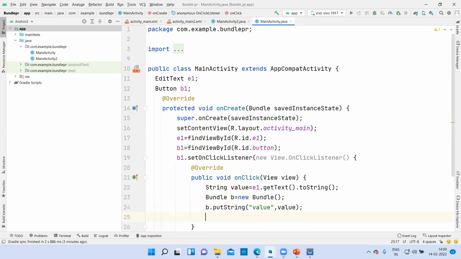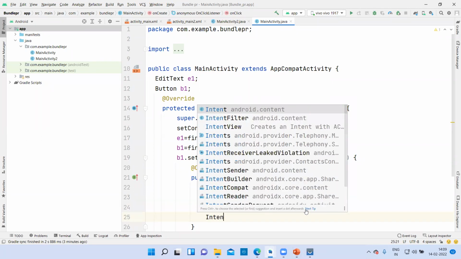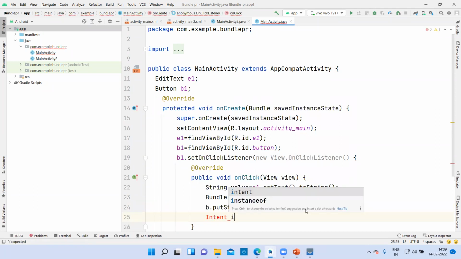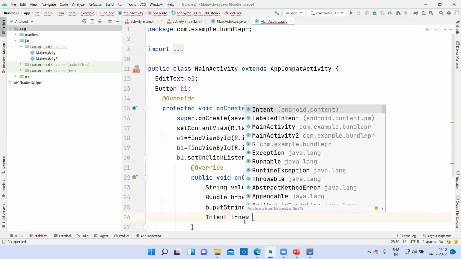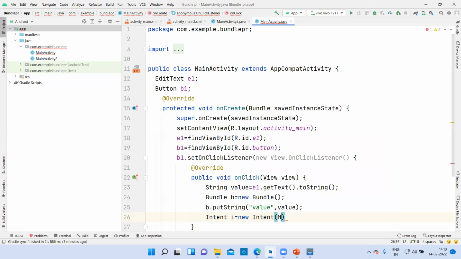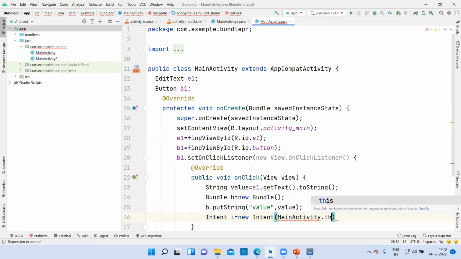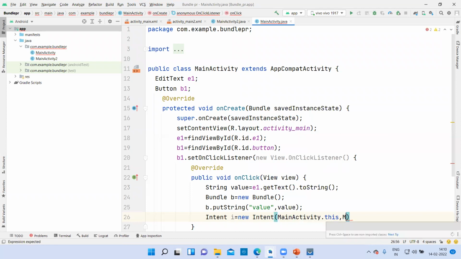Now in the next line, you will write Intent I is equal to new Intent, Alt plus Enter. New Intent, and you will be moving from this activity to the second activity. MainActivity dot this comma MainActivity2 dot class.